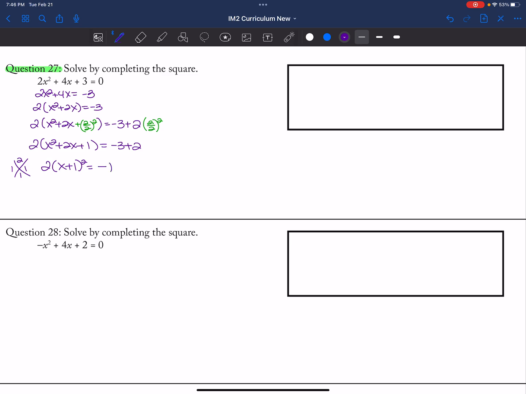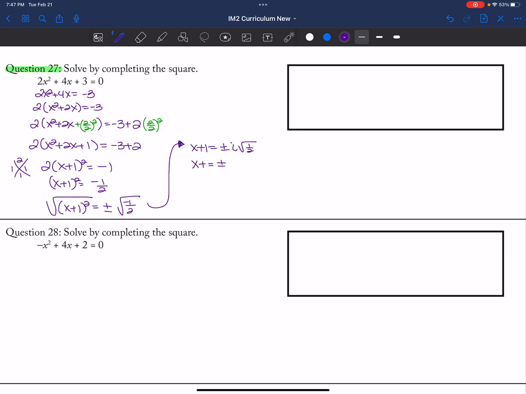Again, we go ahead and we divide by 2 first, so x plus 1, the quantity squared, is equal to negative 1 over 2, and then we have to square root, which is a very sad situation. Plus or minus the square root of negative 1/2. So that negative means that I have an imaginary number, so x plus 1 is equal to plus or minus the square root, oh, just kidding, plus or minus i root 1/2. We will talk about this a little bit later in more depth, but really what happens is